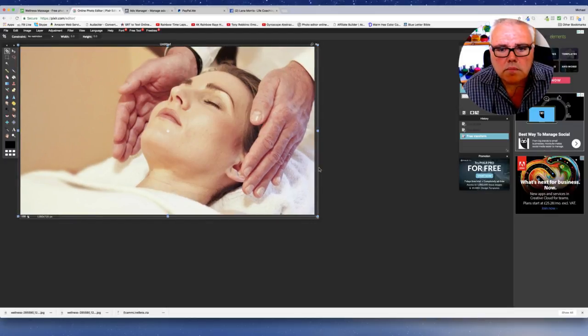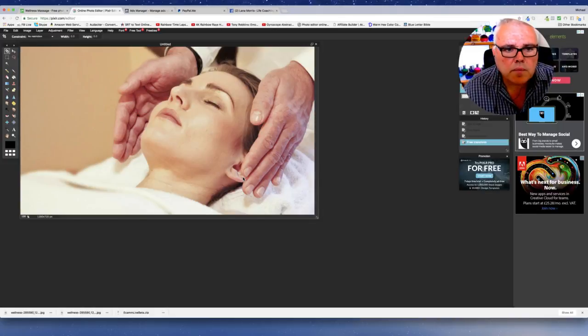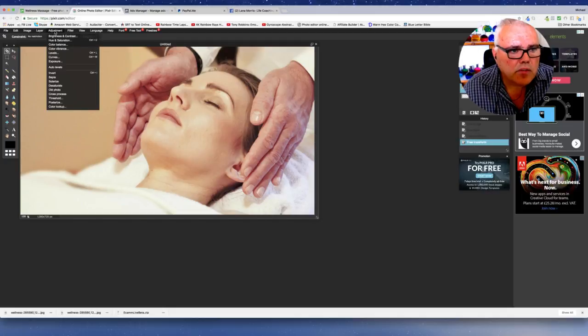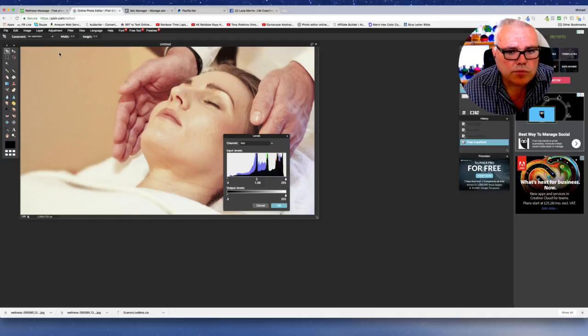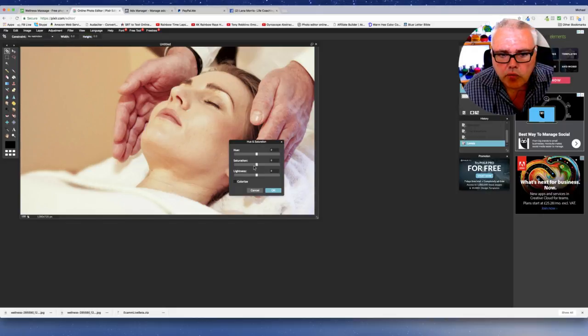And there you go, that's perfect. Click off, click yes, that's what I want to save. Alright, and then it's adjustment, levels, raise the contrast by 20, heighten the brightness by 10, and click OK. Click adjustment, hue and saturation, raise the saturation by 20,